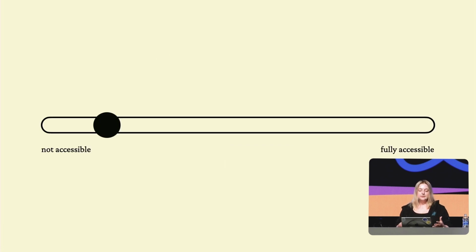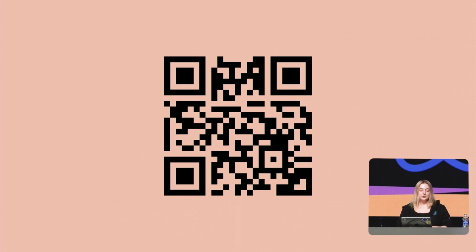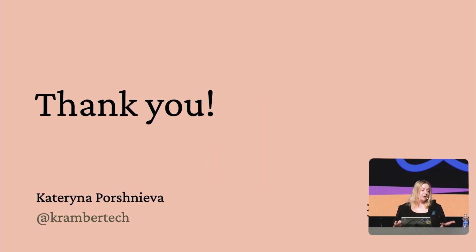And as the last thing, I want to note that accessibility is not black and white. And by learning more and making small improvements, we can generally move towards a more accessible, inclusive web for everybody. And there's only so much that I can cover in a lightning talk. So you can follow this QR code to get more details about testing accessibility, and some tools to dive deeper into these topics. And I hope you got inspired to make accessibility a bigger part of your workflow.